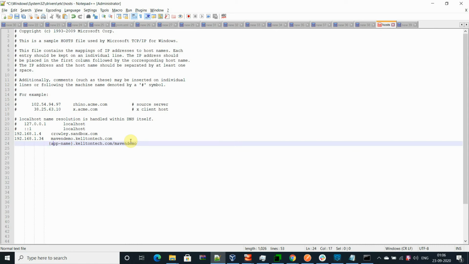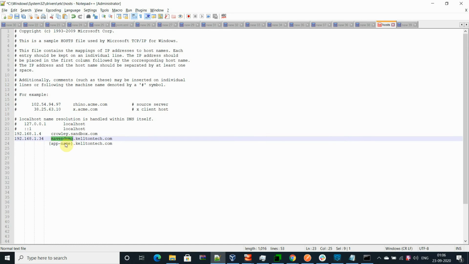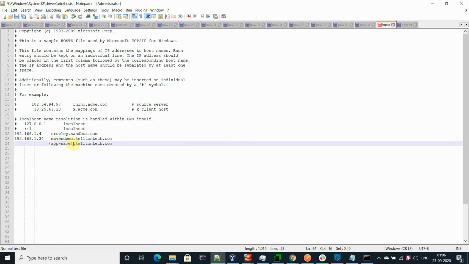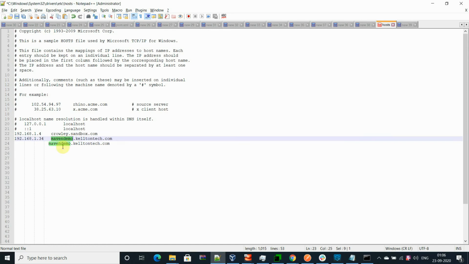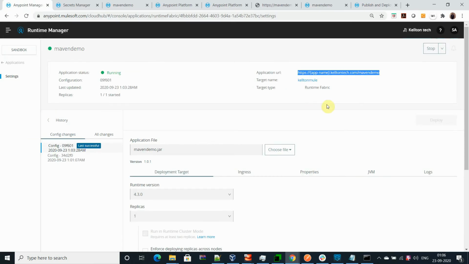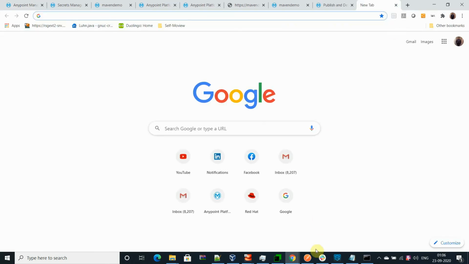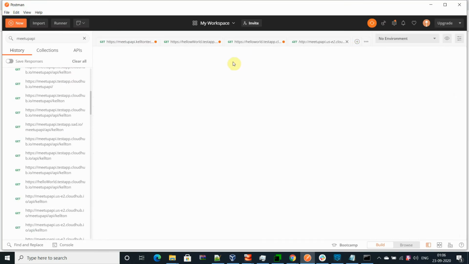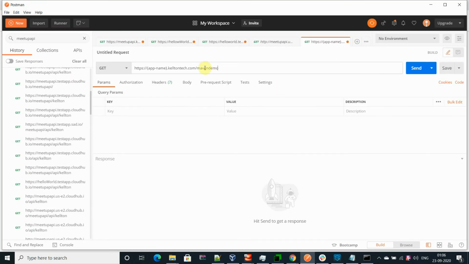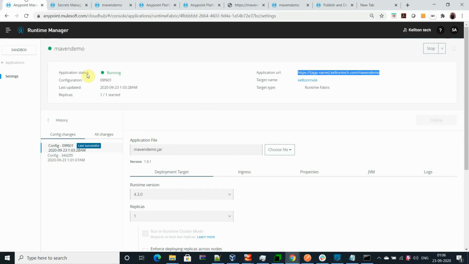This is the URL. Now we just have to replace the name, because it's the application name. I'm not changing anything else here. So I copy this URL and go to here. And what is the application name? Demo. Right, you see that this is the demo.